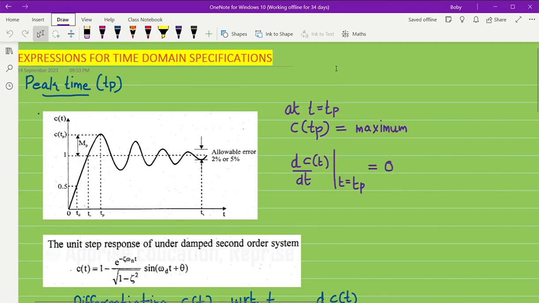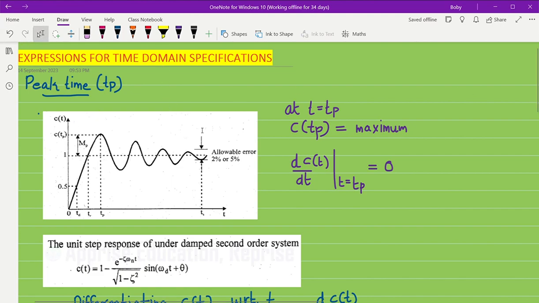Dear students, let us see the next expression for time domain specification, that is the peak time, TP. So let us find the expression for peak time TP. So what is peak time? As per the definition of peak time,